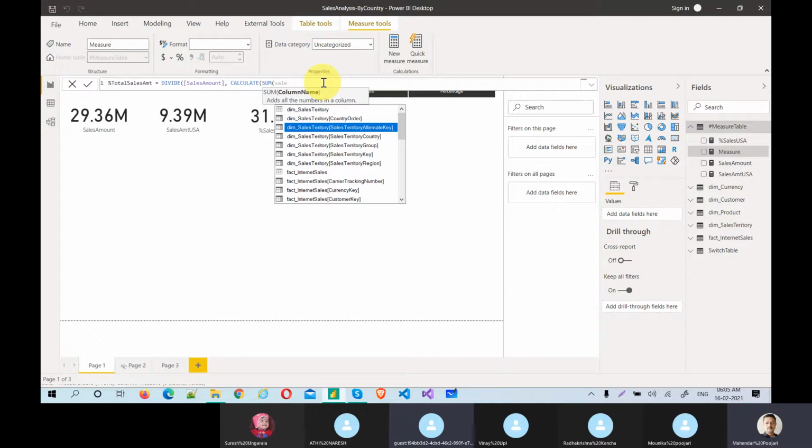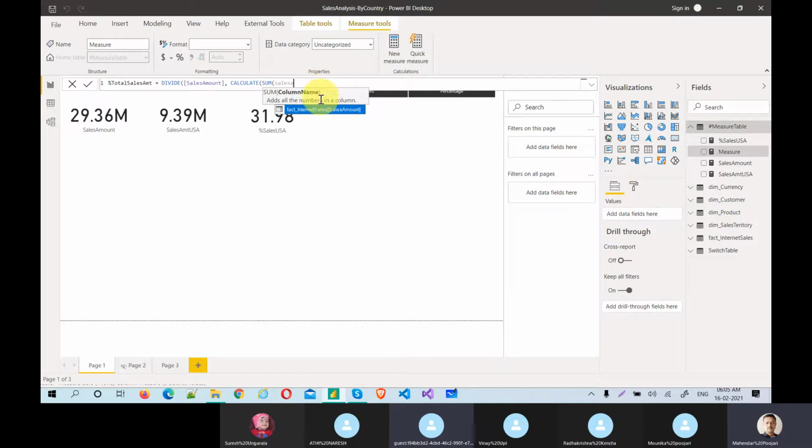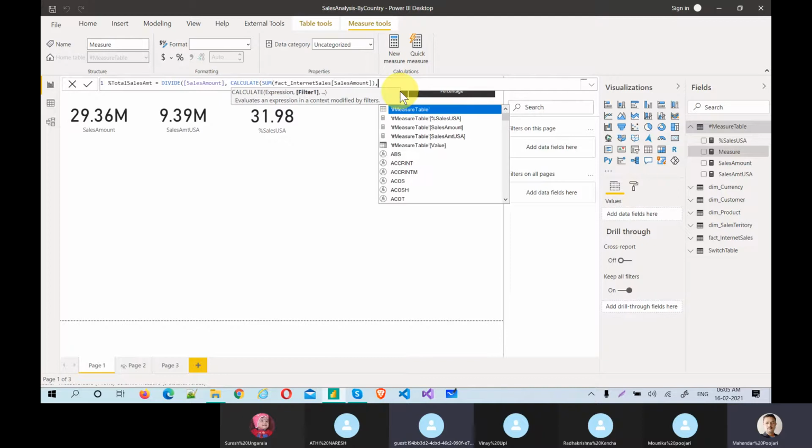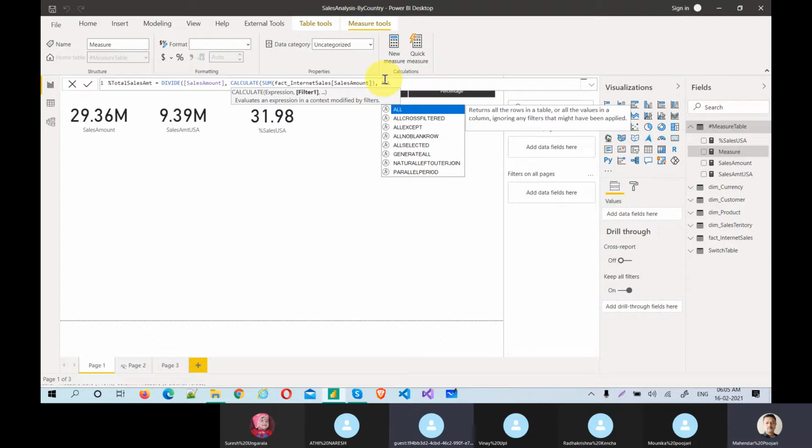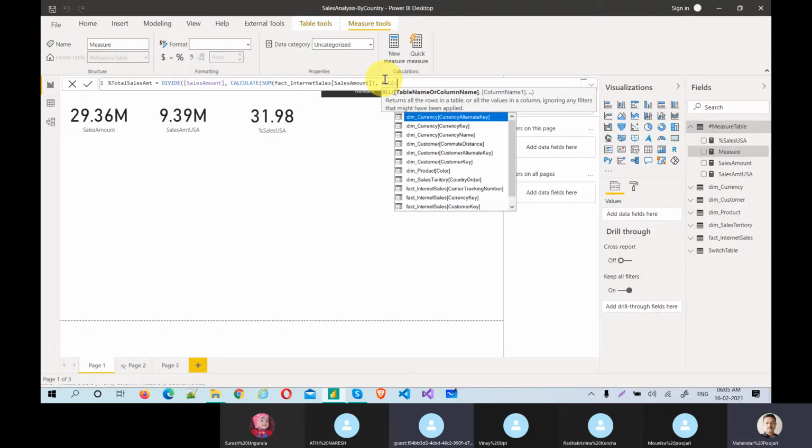Let's just be patient. Sales amount, the fact sales amount. Let me close this. And I'm just applying filter one. See the filter one, what is it? All countries should be there.